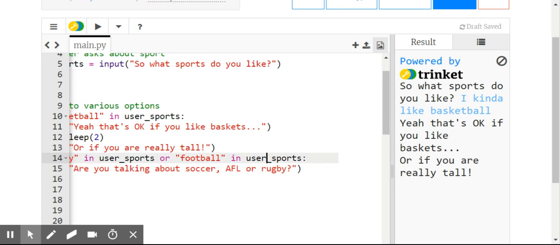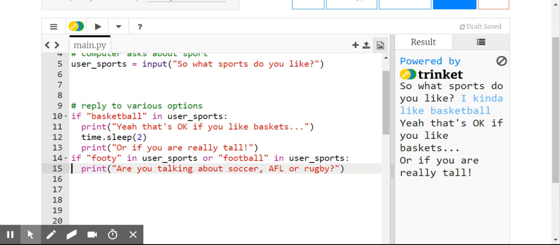Now, I just really quickly wanted to show you again the difference between if and else if, or elif. So this code will run here if there's basketball in it. This code will run if there's footy in it. The way it's set up at the moment, if I said basketball and footy, both of these things would